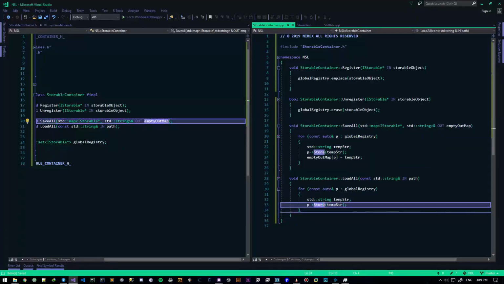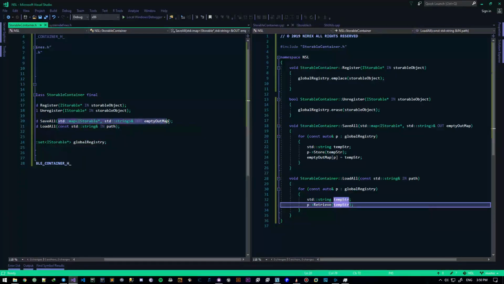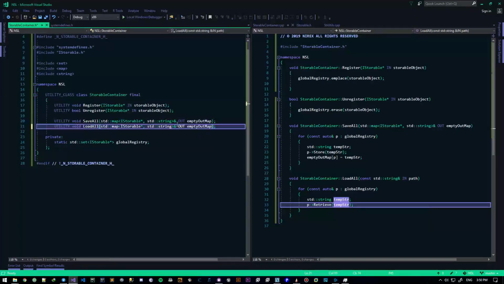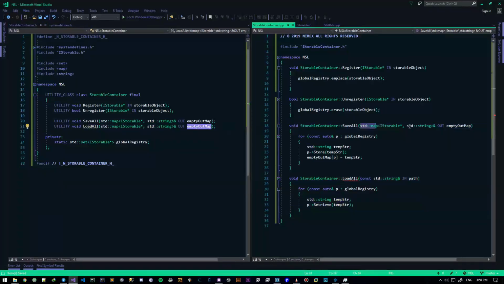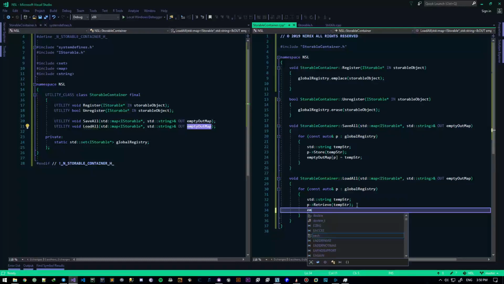we're going to do period retrieve, right? And tempstr. I think it's the same thing here as well. Do we need a path? No, we don't need a path. So we get this guy right here, and then we perform our operation on this guy. So we save everything out like that. We retrieve this guy, and empty out map p is equal to